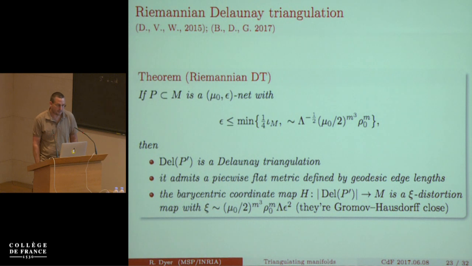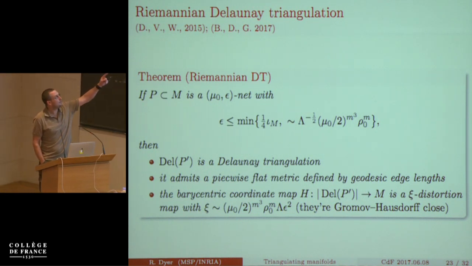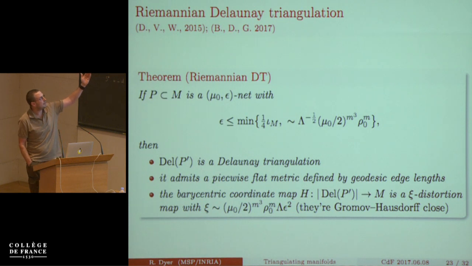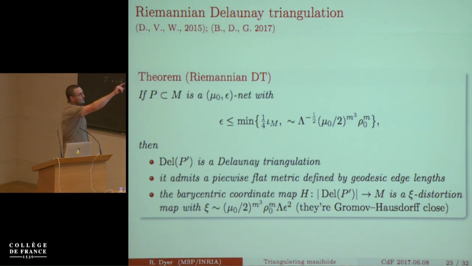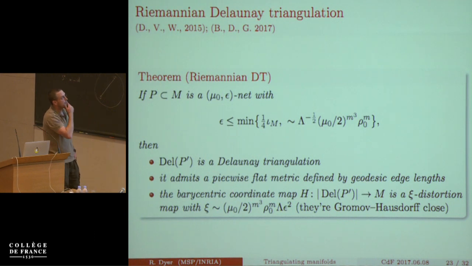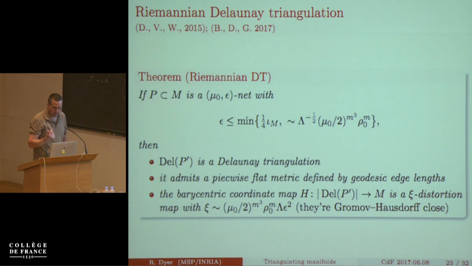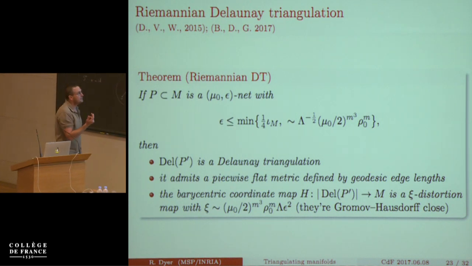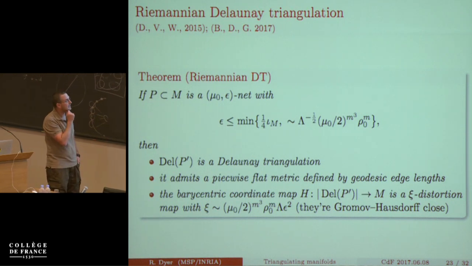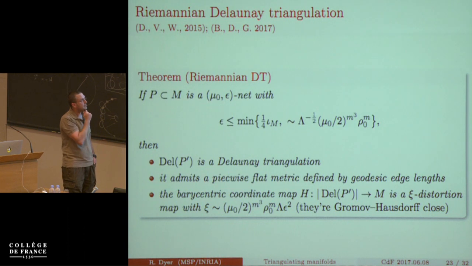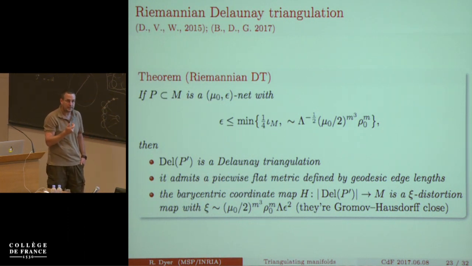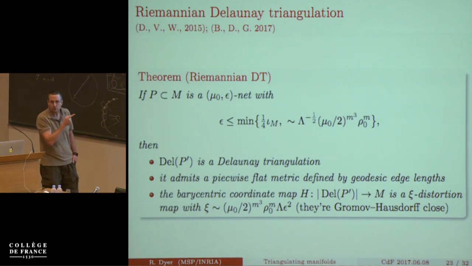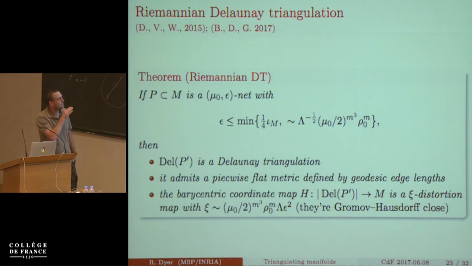So this is a Delaunay triangulation of a Riemannian manifold. Now I'm using the distances on the manifold itself, not on the coordinate charts. So I have a mu epsilon net, and epsilon has to be smaller than this bound. The important thing is the expression on the right in that minimum: a bound on the absolute value of the sectional curvatures is playing a role. Although the simplex quality isn't explicitly stated here, that next term is coming from the perturbation algorithm to get the projection and the quality. That's where the m cubed is coming from, which would have been m squared if we were using Moser-Tardos, but we weren't, and then times the